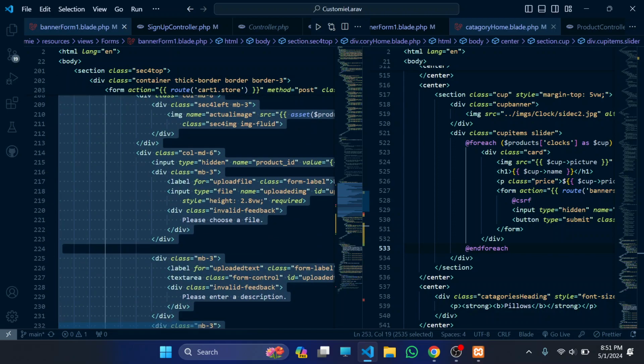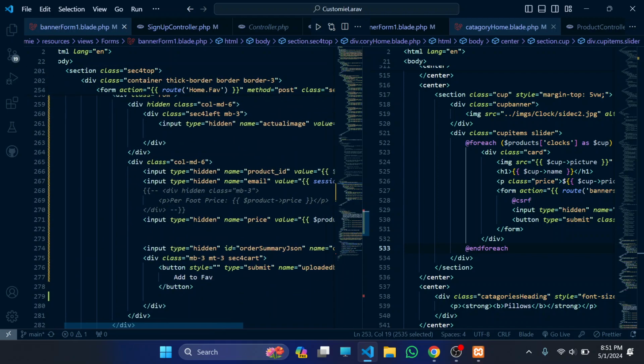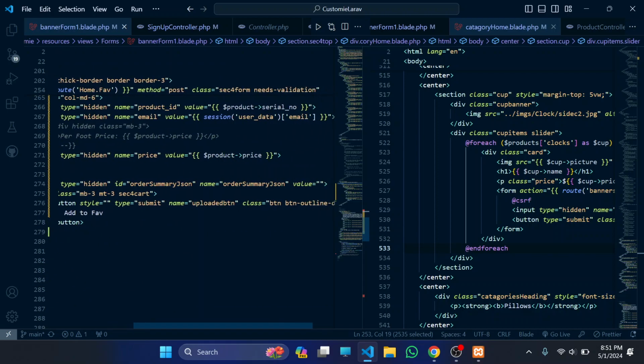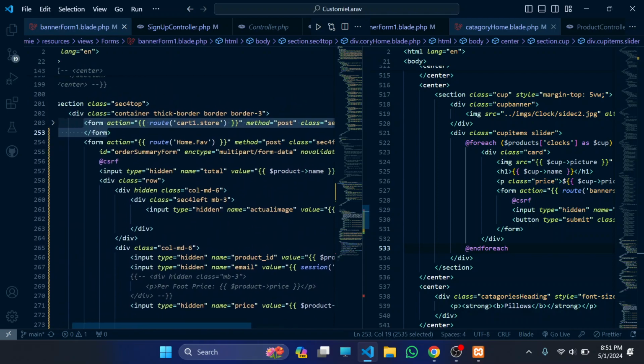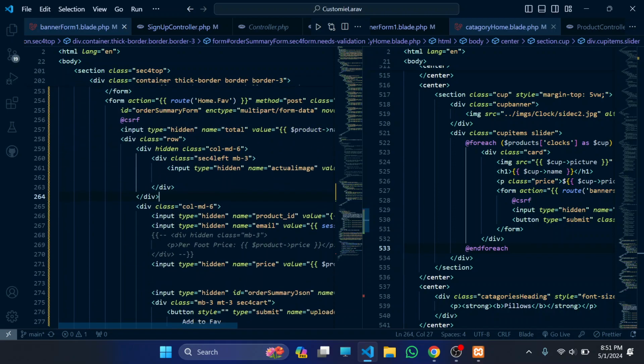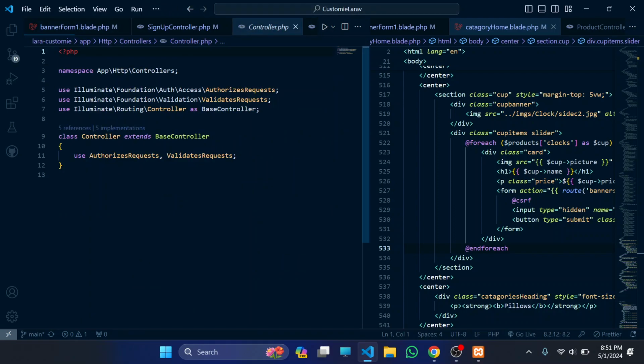If we open it, we will get the add to cart, and beneath it, everything hidden, we have the add to favorites, because two buttons cannot be used in a single form, so we made another form, and in that form we make everything hidden and made its route to home route favorite. So whenever it goes to the controller,